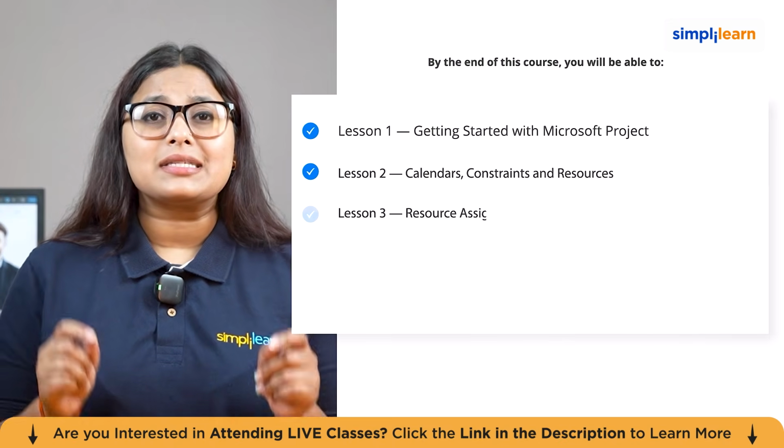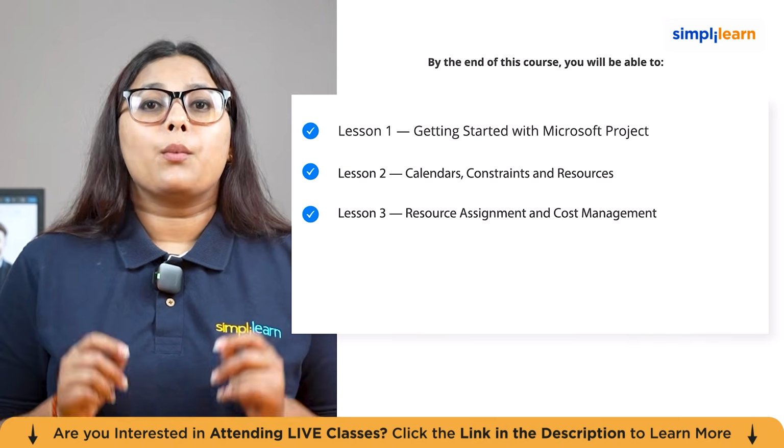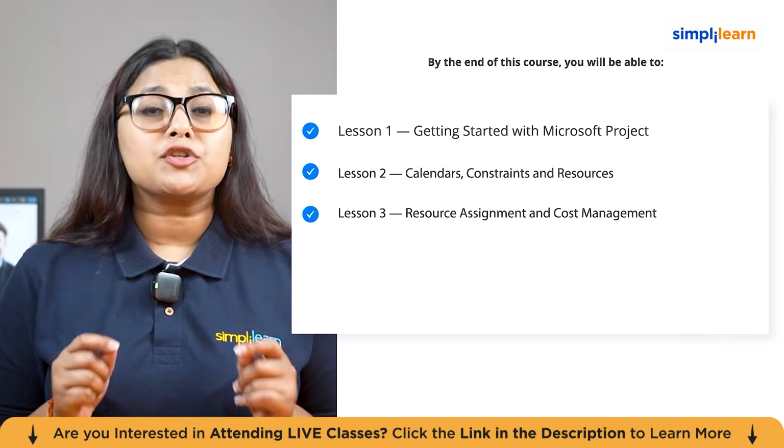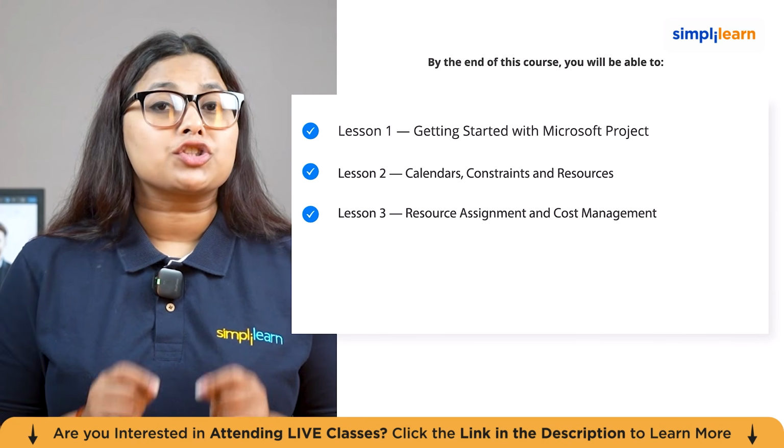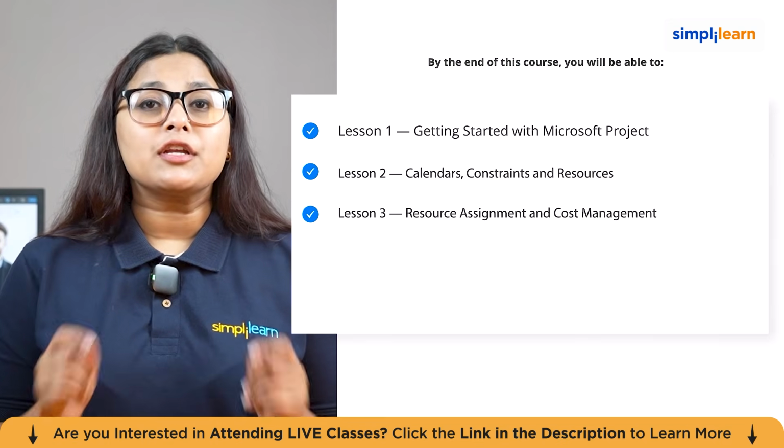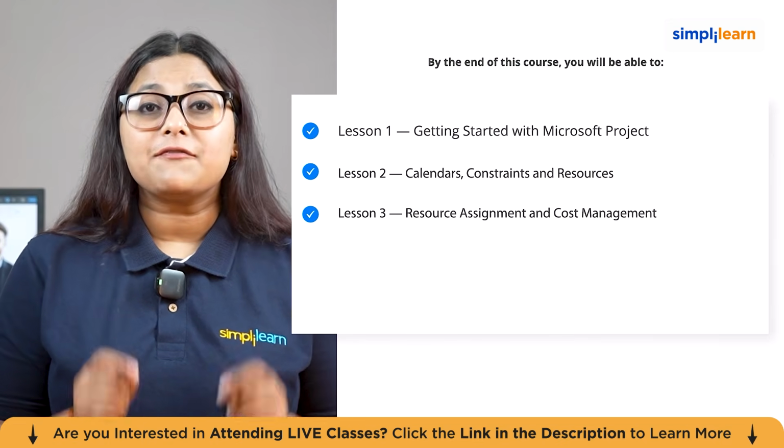In lesson number 3, we'll see resource assignment and cost management. We'll connect resources to the tasks and we'll watch the project budget build automatically. Then deal with the over-allocation that every construction schedule produces, using manual resolution, resource leveling and time-phased availability